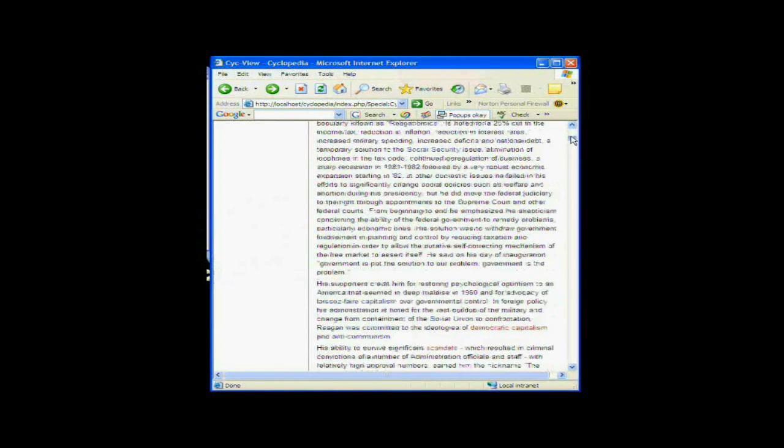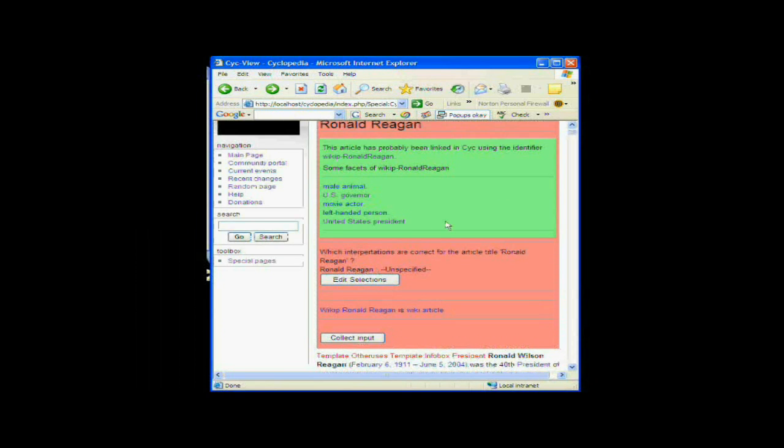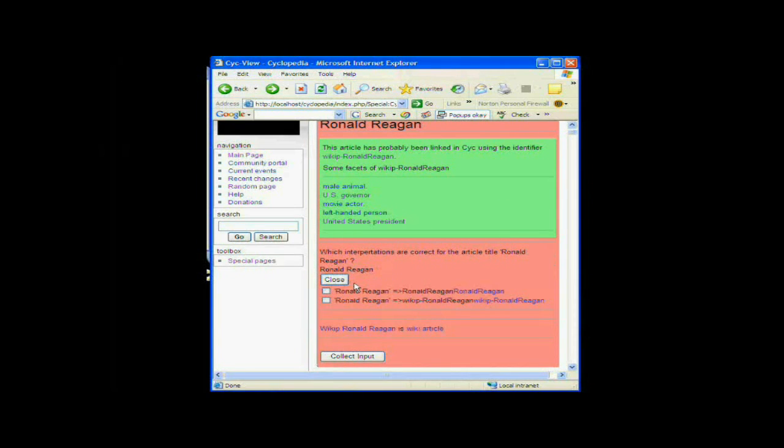Once back at the Cyc view page, we can see that it contains the entire text of the article. The page also has provisions for manually associating the article with plausible Cyc constants.